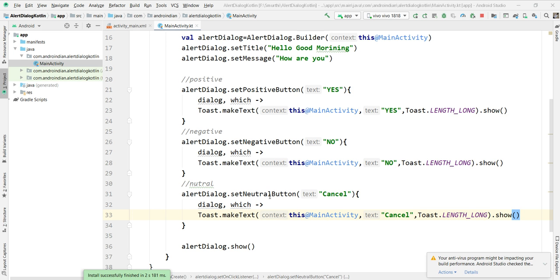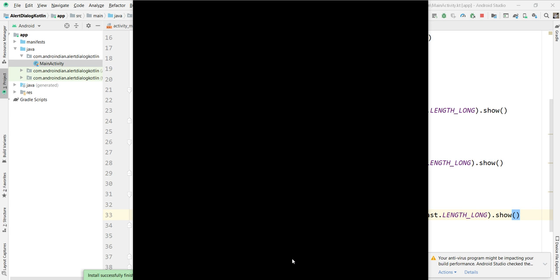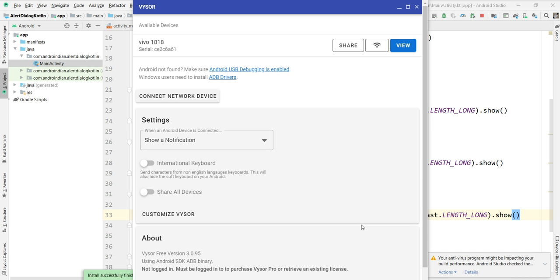We can create only a few things here. Apart from this, we cannot create anything in this alert dialog. Because of that, normally we go with a custom dialog. How to create that, we can see in our next programs. Just a minute, the visor is opening. Yeah, it's opened. Now I want to open my mobile.